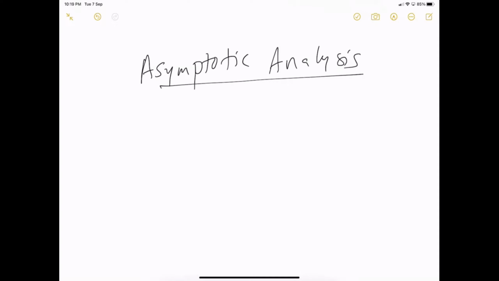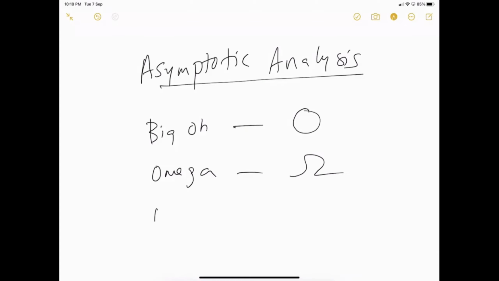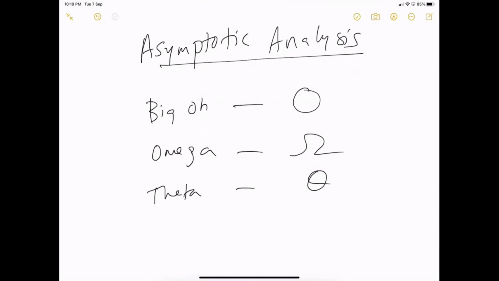When you say asymptotic analysis, there are three important notations: big O, denoted as O, omega, and theta. Symbols may change a bit here and there.